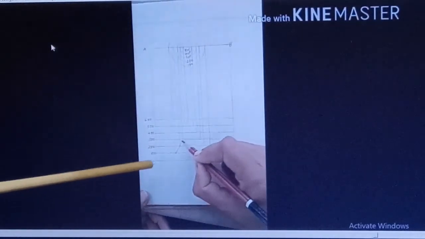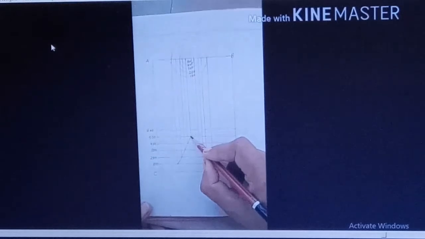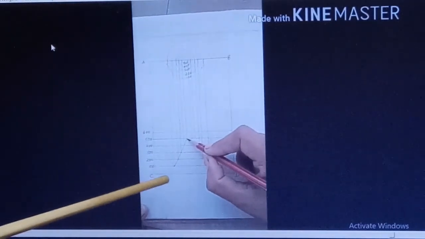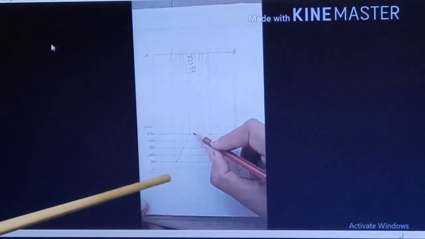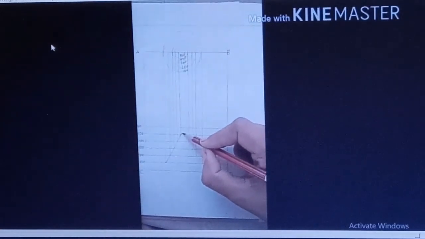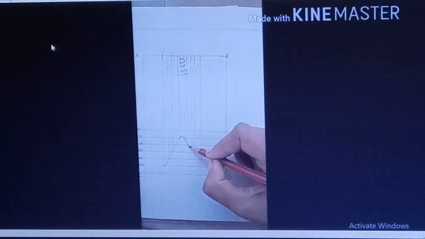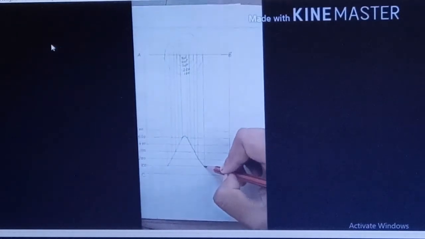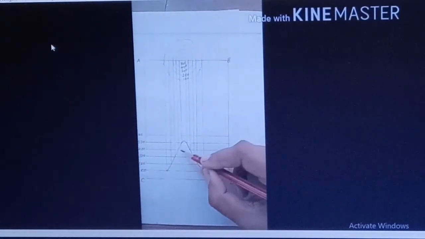Then with freehand we will join it. Here it is joining from 100, but you will start from 0, and then you will make a curve here and come down towards the other side, and this indicates that it is a conical hill. So this is how the cross section of the contours is made.